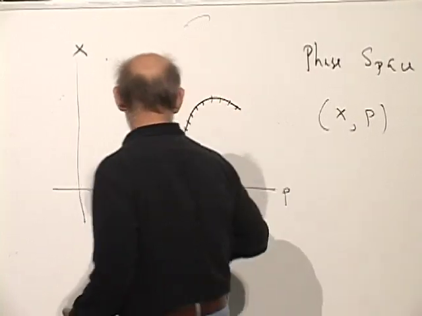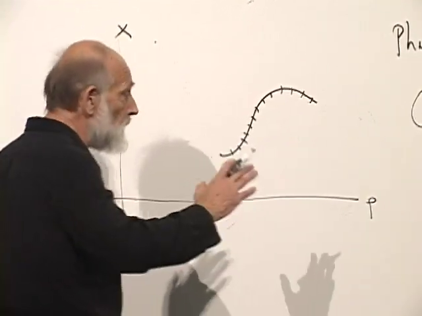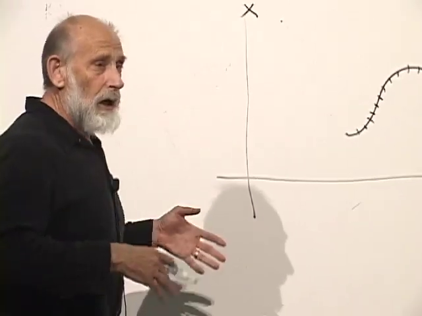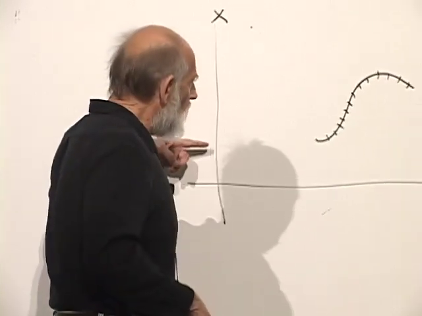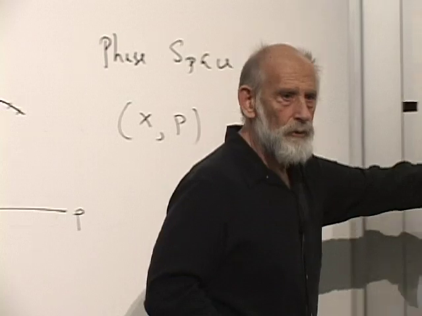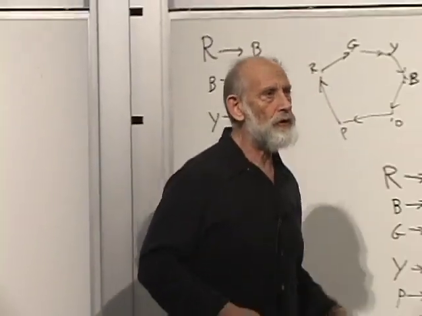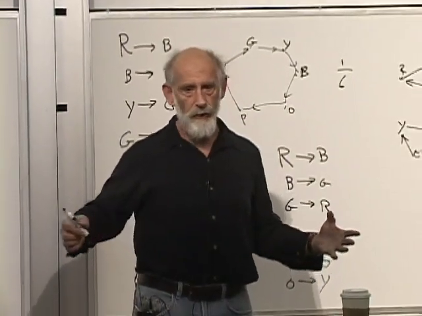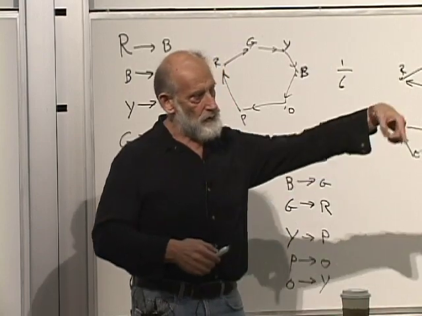Wherever you start, there are various kinds of situations, and we can talk about them. In some of them, the trajectories just wander off and go to infinity. For example, for a free particle, if you give it a shove, it just goes off to infinity.